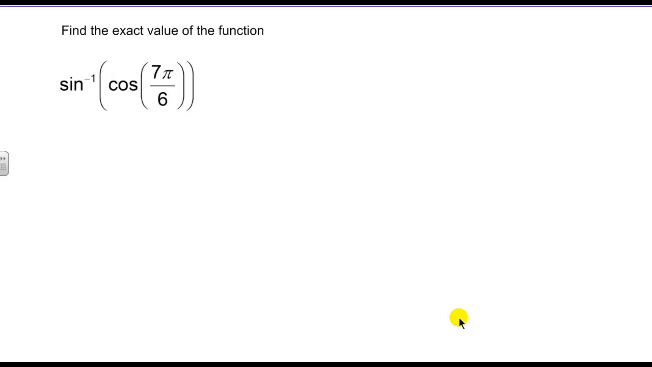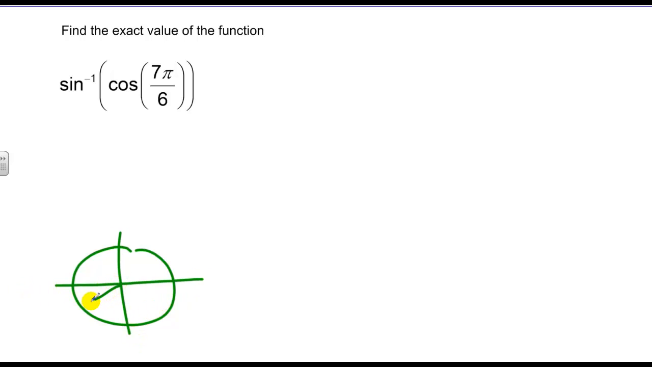So on this problem, you'll notice we have to find the exact value once again, except this time we aren't starting with an inverse. In the innermost parentheses, we're starting with an actual value. So this problem asked me to find the cosine of 7 pi over 6. Here's my unit circle. I know the x value at 7 pi over 6 is -√3 over 2, and the y value is -1/2. They're both negative. So I know at this point I have to find the inverse sine